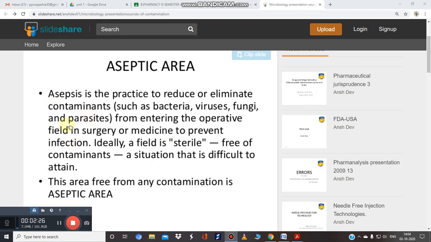But in a general sense, you can forget this if you are not able to understand. It is very simple. Sterile means free of any contaminants, and contaminants are produced by bacteria, viruses, fungi, etc. And this particular area is known as the aseptic area, and this area may be in an operation theater, it may be present in your laboratory, in the plant tissue culture lab, in the microbiological lab, or any other environment.